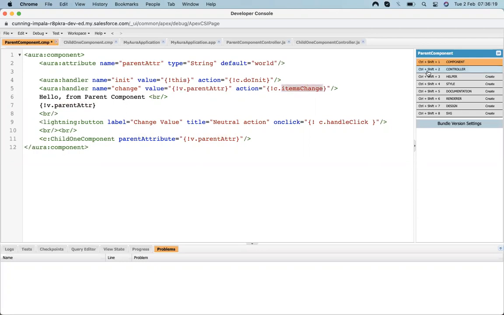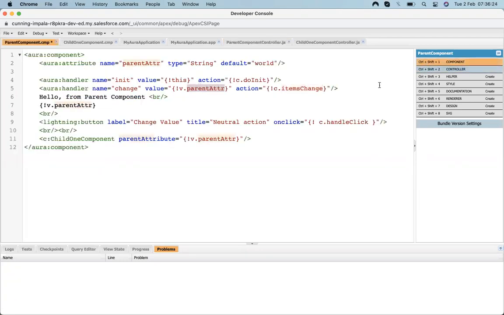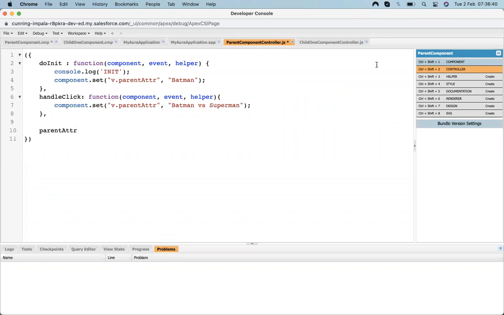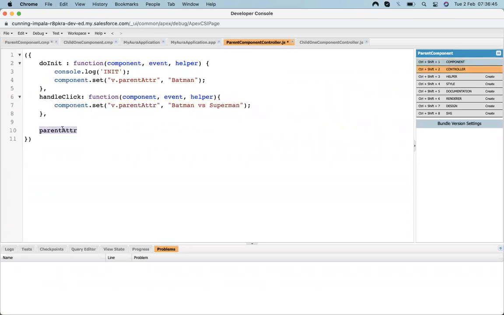So let's create a method. There are a few types of handlers: one is init, another is change, and another is event. We will also look at that. First we'll look at the change event. Change parent attributes, item change. Let's declare a method.